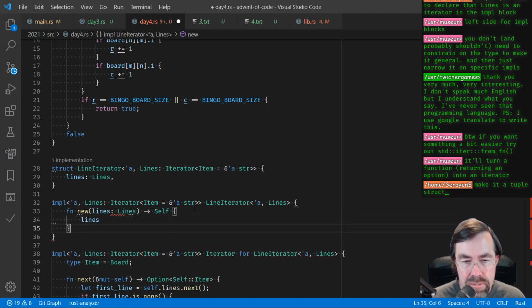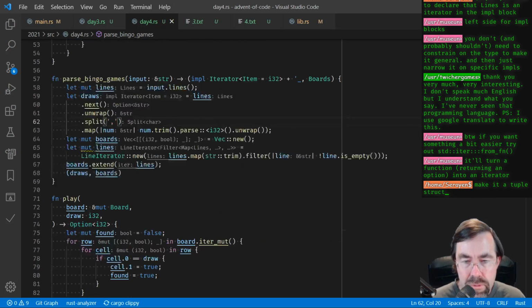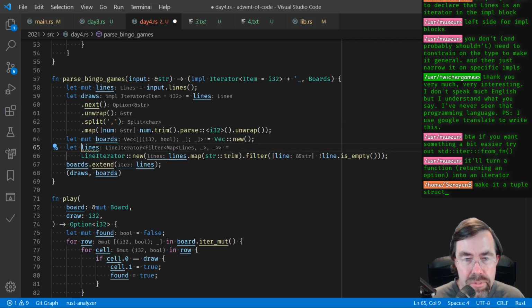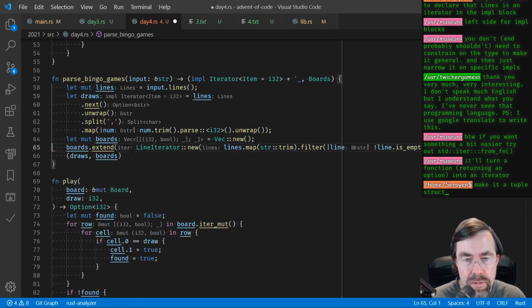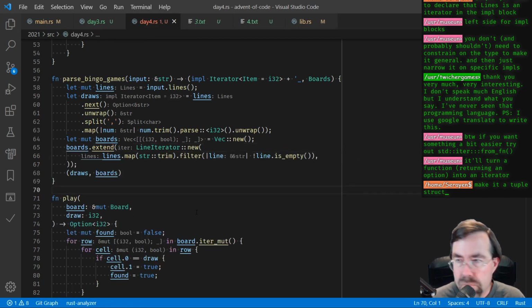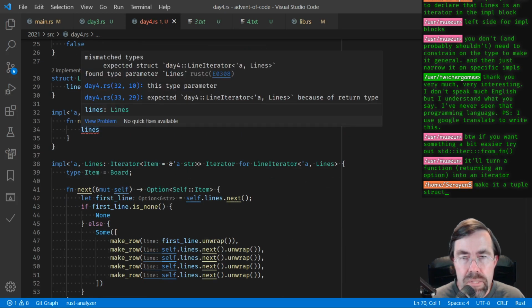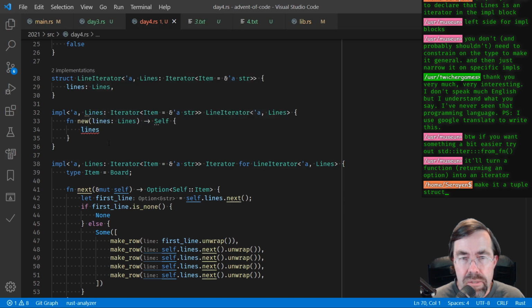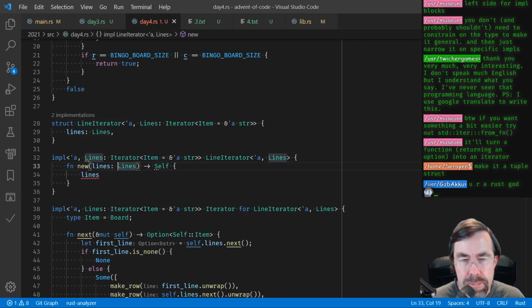And it's self lines. And then I can say down here it's new. There we go. And it doesn't need to be mutable anymore. In fact, we don't even need to have it a name. We can actually just put it in here. And then get rid of that. Expected. Oh, this is not lines. It's no, it is. What's wrong with this? This needs to be